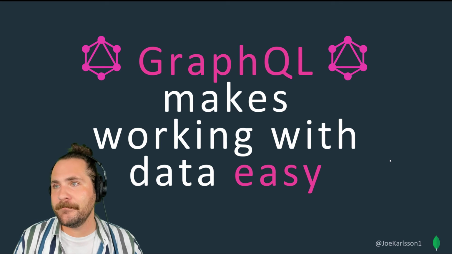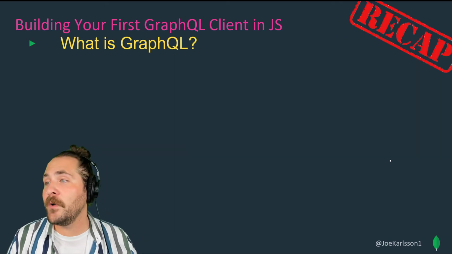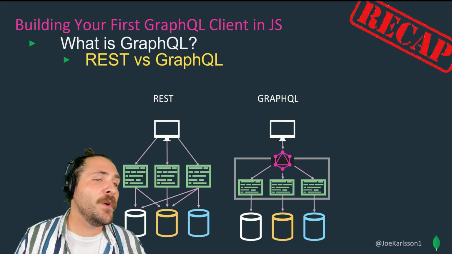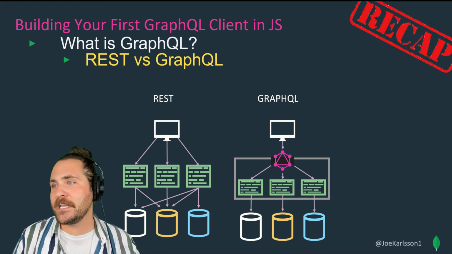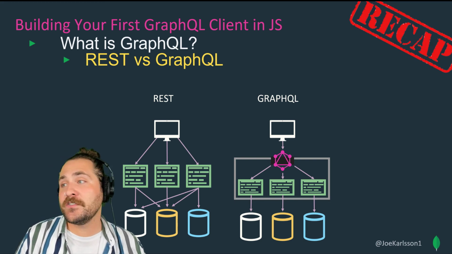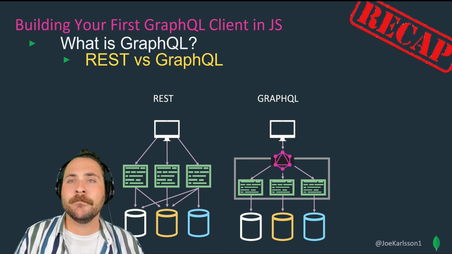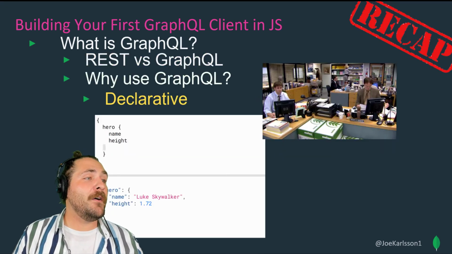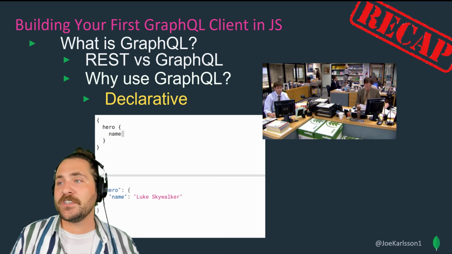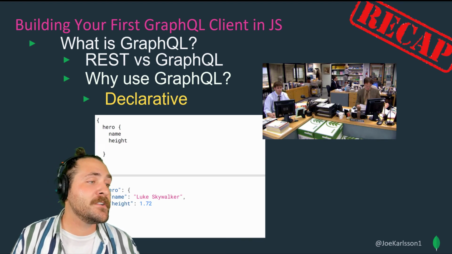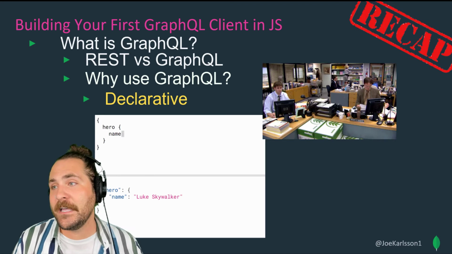It's so easy. All right, let's do a quick recap here. So, what is GraphQL? Well, the first thing we discussed here today was we compared REST versus GraphQL, right? We had REST, we talked about SKUs and changing those and those round trips, and GraphQL being a unified way to access that data. Next thing we talked about is some of the pros of using GraphQL. And the first one was declarative, right? We're just declaring what you want. You don't care where it comes from or who gives it to you, but I just want this data. I want it in this way, and it's super easy to get that back.